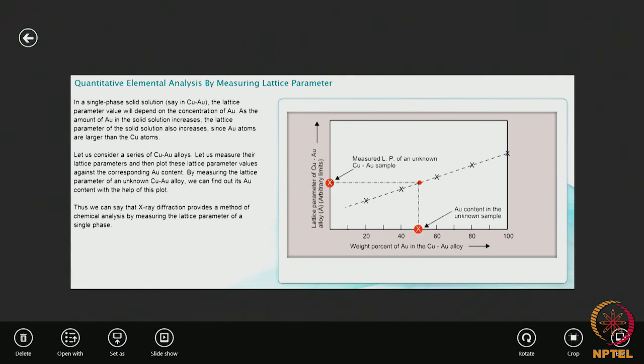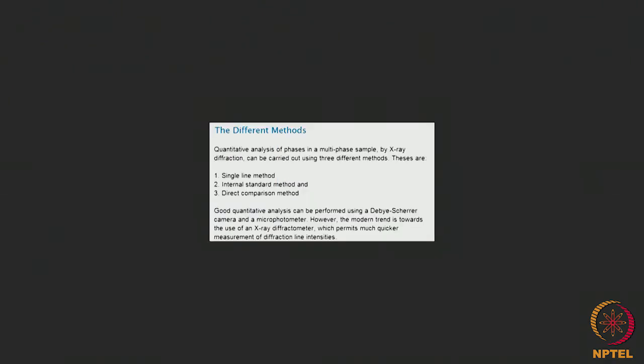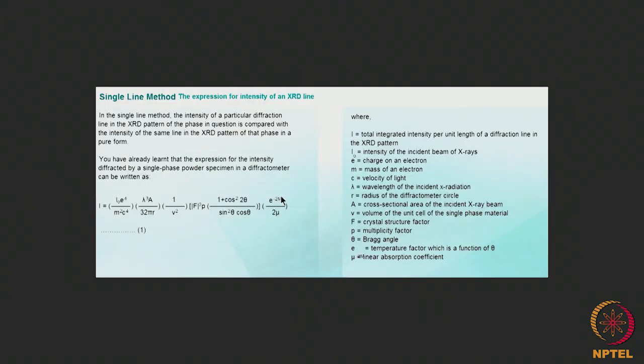There are three different methods available for quantitative phase analysis by X-ray diffraction. The first one is what is known as the single line method. The second one is known as the internal standard method, and the third one is known as the direct comparison method. Now, I will describe all the three methods for mixtures using an X-ray diffractometer. First of all, we'll deal with